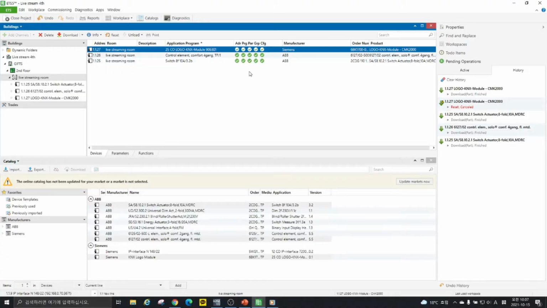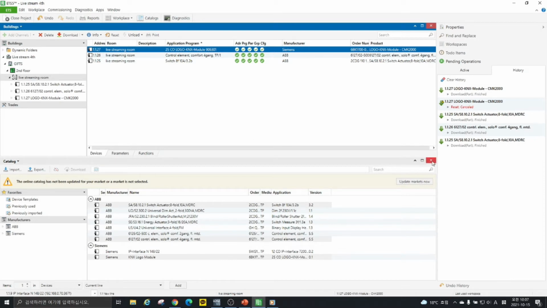그러면은 이제 통신은 다 완료가 되었고 한번 간단한 프로그래밍을 짜면서 이제 로고와 KNX 통신을 주고받는 거를 한번 테스트해 보도록 하겠습니다. So now we finished the communication setting part. So now I would like to make the actual functions between the KNX and the logo. So after setting the function of it, we are going to check if this function is working properly or not